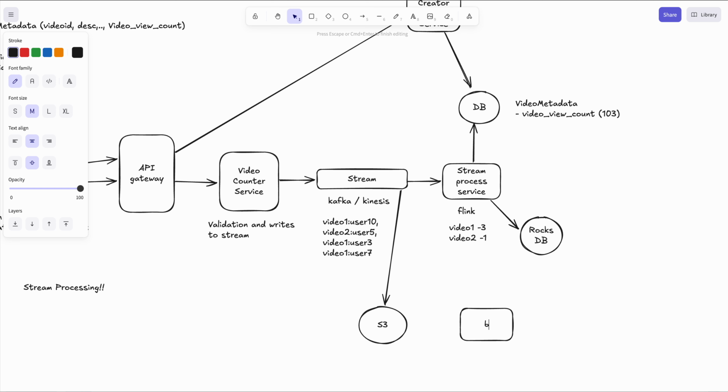So this is a batch processing service. For this, we can just go with the Flink family. Flink has this thing called Flink batch,